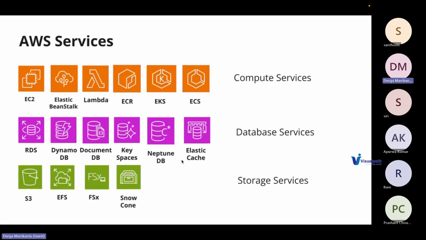Similarly, you have database services. RDS, whatever database you have, if it is a relational database, you might choose RDS because this is basically a platform as a service. We will discuss what a platform as a service is and what the advantages are over infrastructure as a service. But you can simply think of platform as a service as something which AWS or any cloud provider offers as a service where they manage your respective operations. When I say operations, I mean patching of the servers, upgrading the servers, or maintaining high availability of the servers. Everything will be managed by AWS.